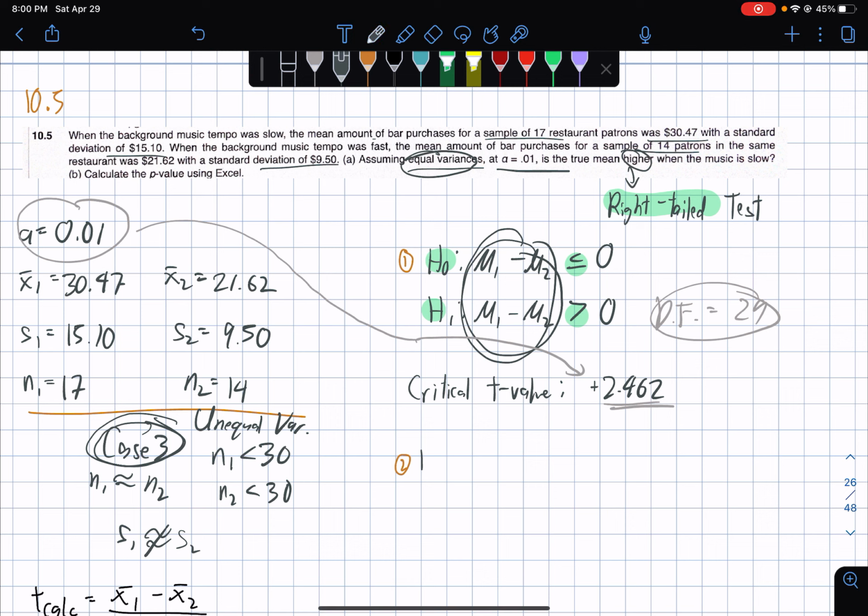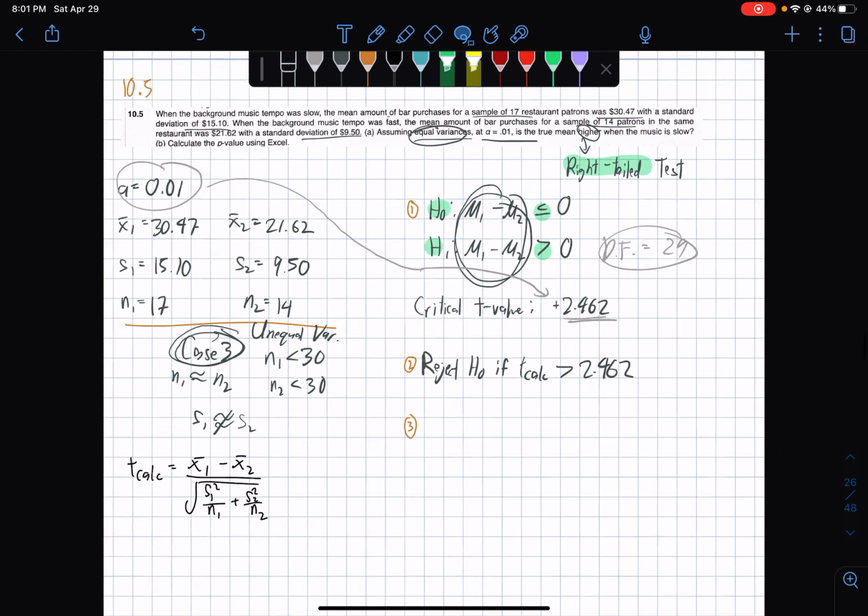So reject H0 if T calc is less than negative. Sorry, I got used to two-tailed. We just copy the inequality sign that caters to the alternative hypothesis. So if T calc is greater than positive 2.462. So to the solution itself,